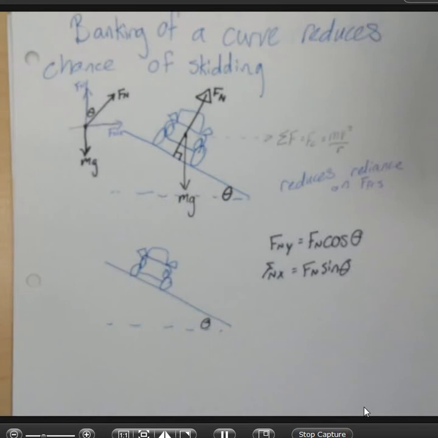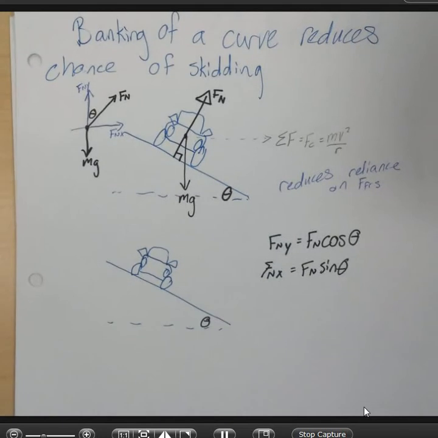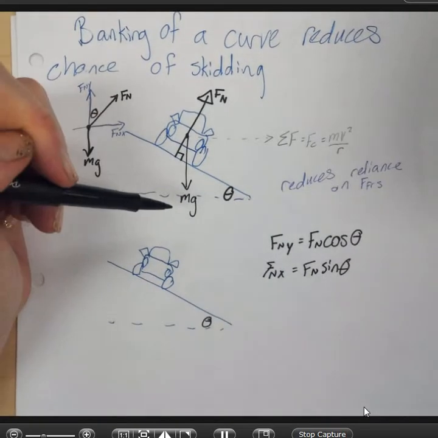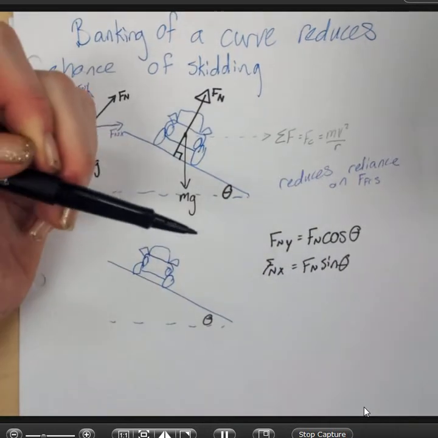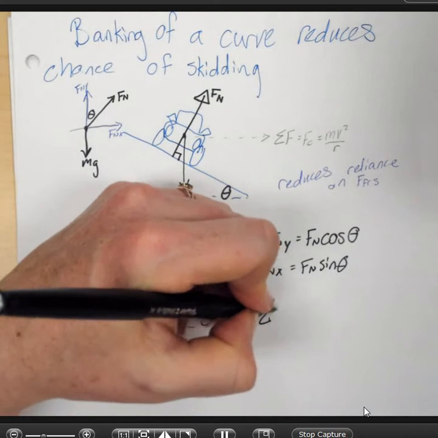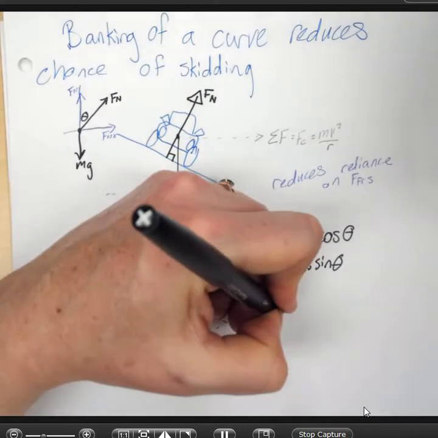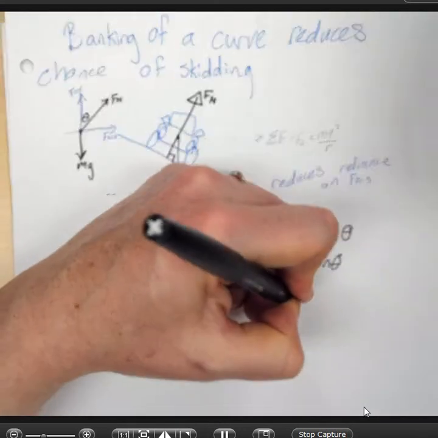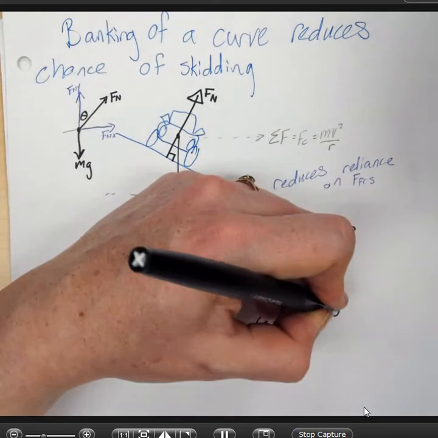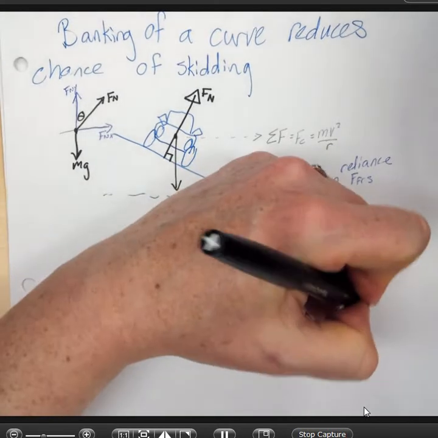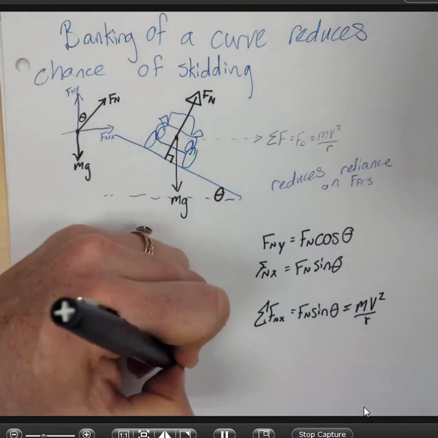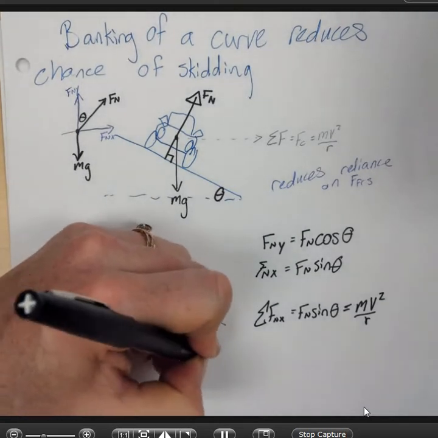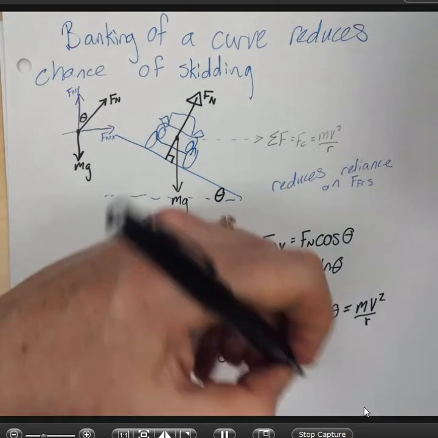And so that sine theta, if we set it at a speed so that this normal force is the only thing that we need to make the turn, then we know that the net force in the x direction would equal Fn sine theta, which would give us our centripetal motion, or mv squared over r. So this situation where you need absolutely no friction to stay in the curve,